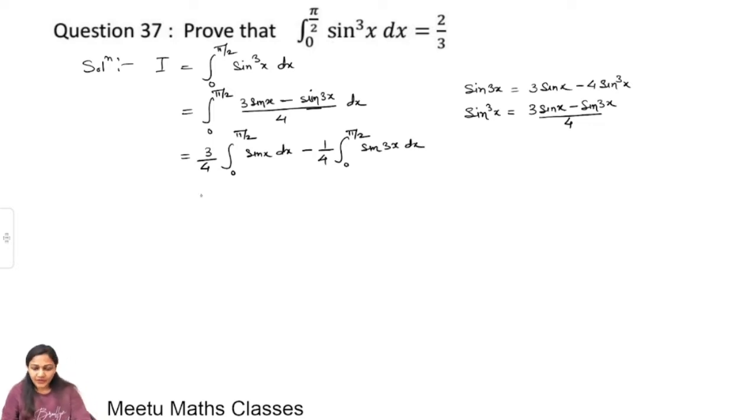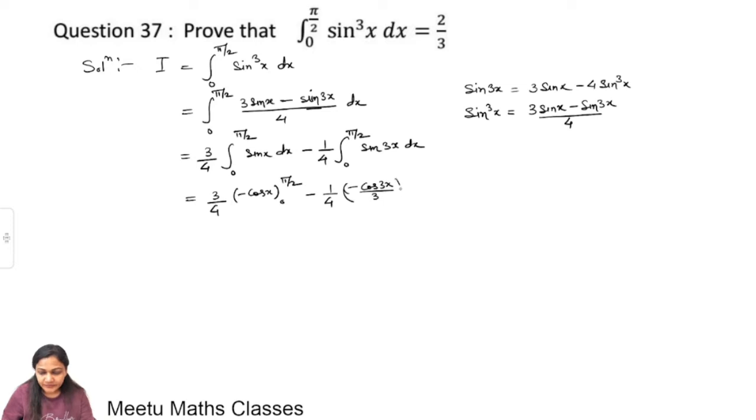Now we know the integral of sin x is minus cos x between 0 to pi by 2, minus 1 by 4. The integral of sin 3x is minus cos 3x upon 3, and we are also going to put limits here. This can be written as minus can be taken out,